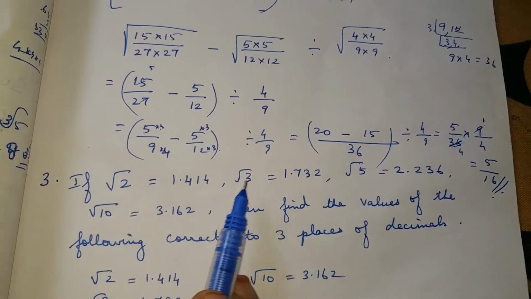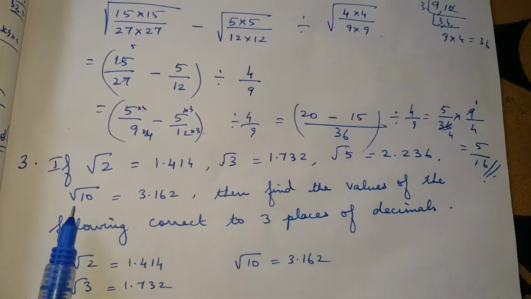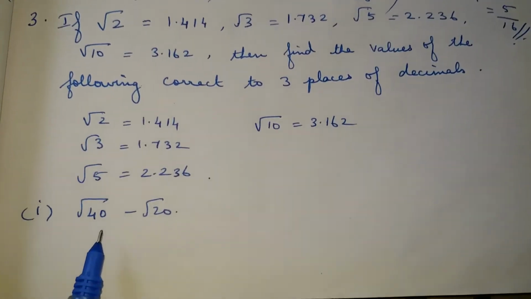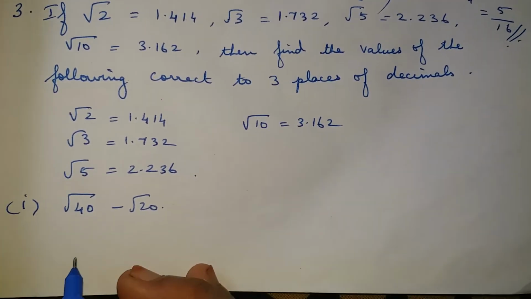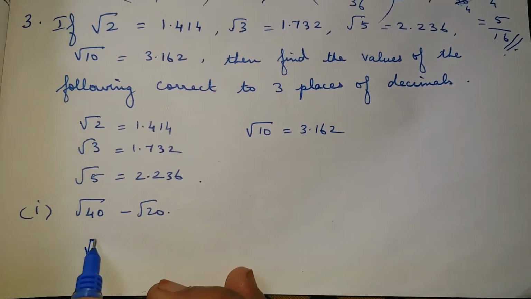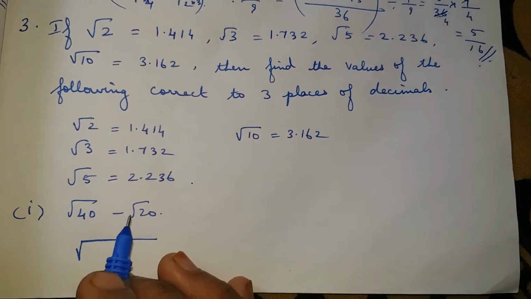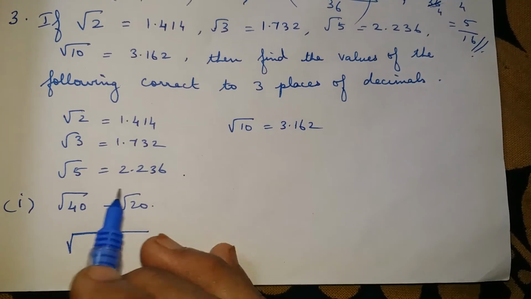Here root 2 value is given, root 3 value is given, root 5 value is given, root 10 value is given. They have asked you to find out the first subdivision, root 40 minus root 20. So, you know root 40 can be written as what? You have to write in terms of 2, 3, 5 or 10 something like that. Can you follow? So, root 40 can be written as